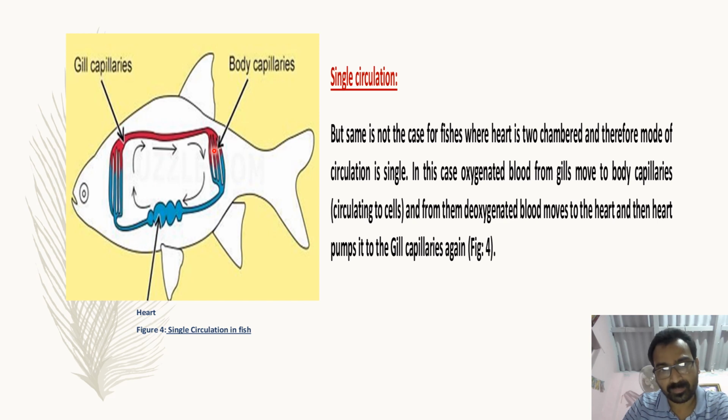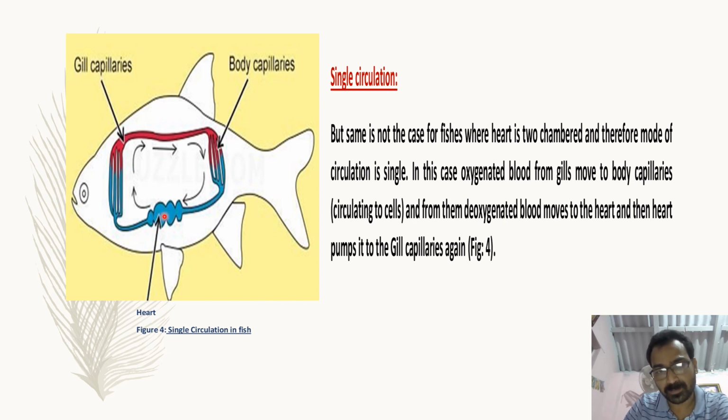body. There, as we have seen, the respiration, the exchange of gases, is taking place again in cells and tissue. Oxygen has been taken in this area. Carbon dioxide has been released back to the circulatory system. Now this CO2 laden blood is traveling back to the heart.